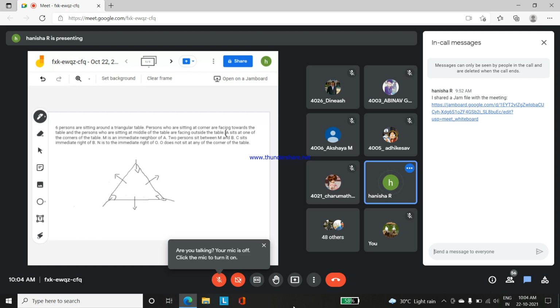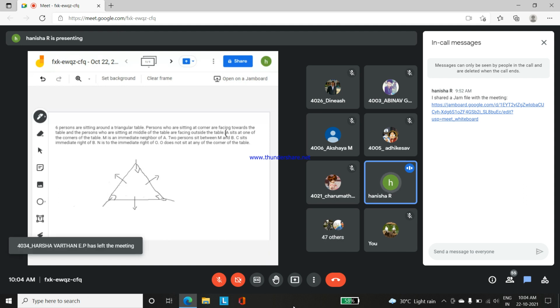If I start with that clue, I should take 3 possibilities, putting A at each corner, and following that I'll be solving the other clues. Even for the next clue, I have to look over all the 3 possibilities and mark in all of them. By doing this, my possibilities are increasing,